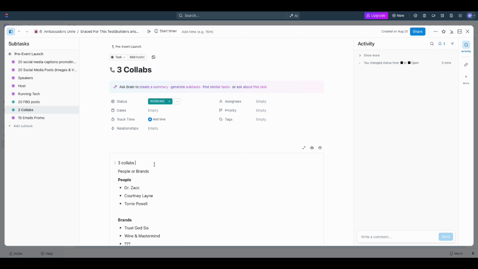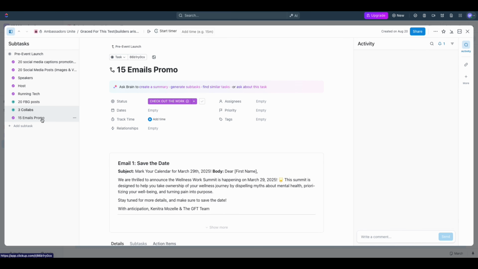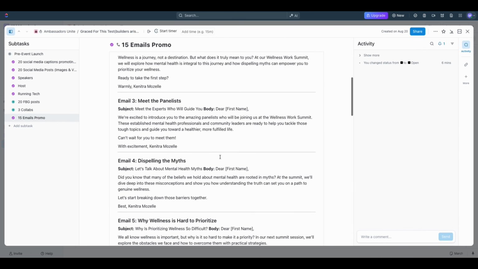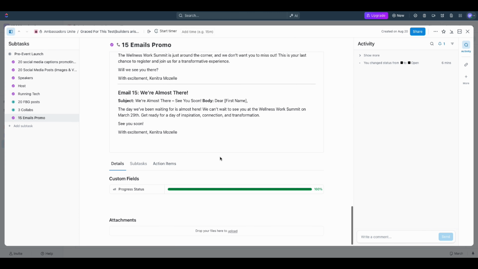If we change something over here inside of the description, it's not tracked what day and time it was changed and who changed it. It doesn't say what it was and what it is. It only shows what it is now. And then of course, we have 15 emails promotion. These 15 emails should be drafted out with all the things, and it looks like we have those,